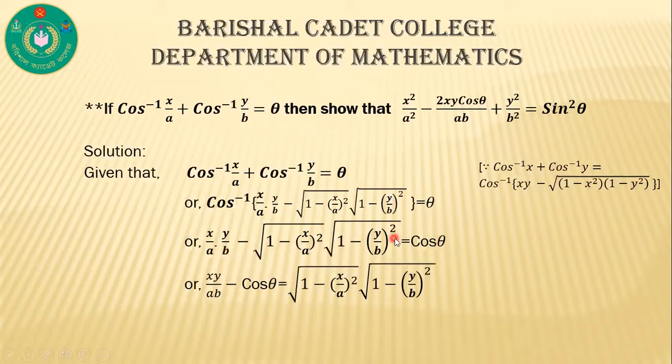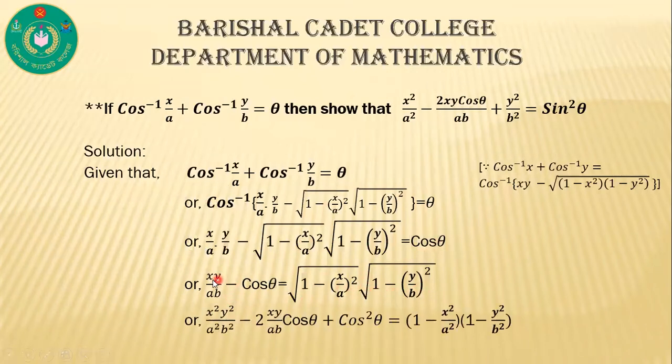Now simplify this equation, then we can write xy by ab minus cos theta is equal to root 1 minus x by a whole square, root 1 minus y by b whole square. Now squaring both sides, then we can write